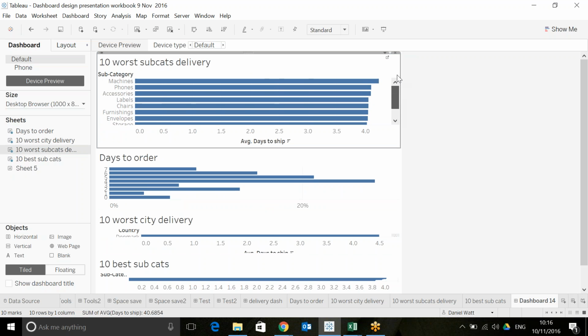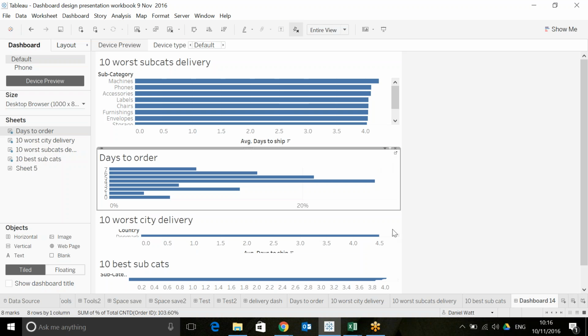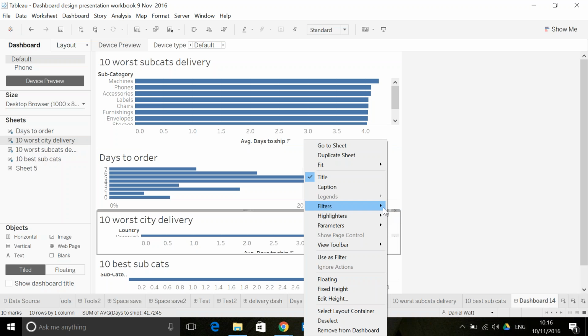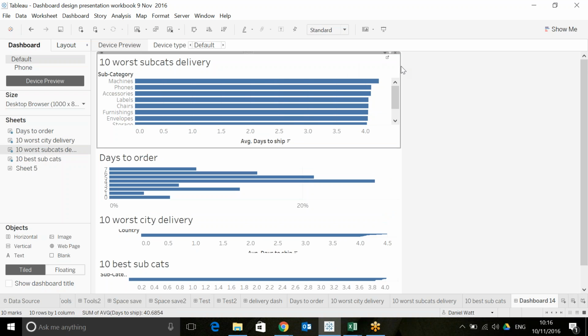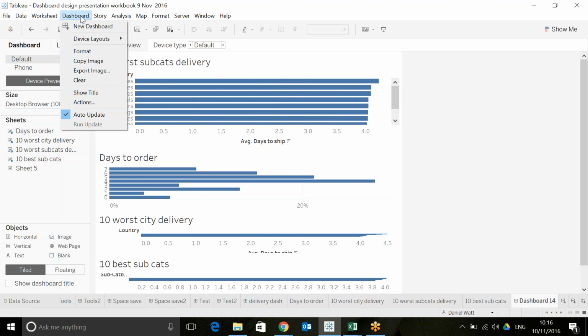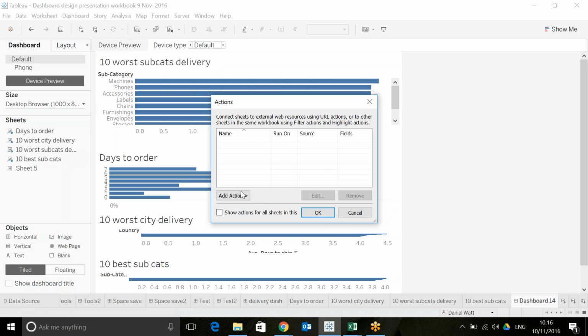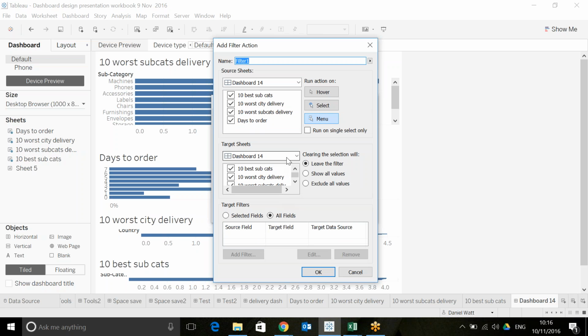So here we've got the 10 worst subcategories for delivery. And if we wanted to use this chart to filter the other charts in the view, then we can add a dashboard action. So you get dashboard at the top, actions, add action, and then we have a choice to filter, highlight, or URL. So in this case, we're going to go for filter,